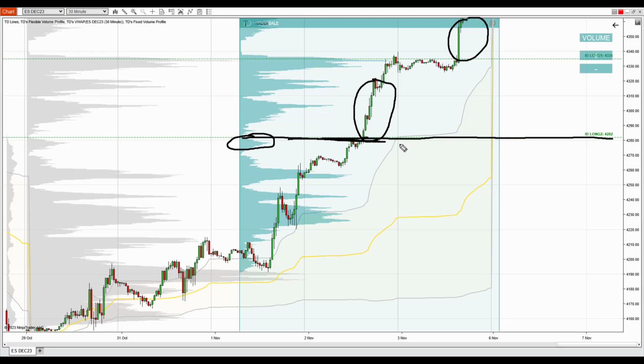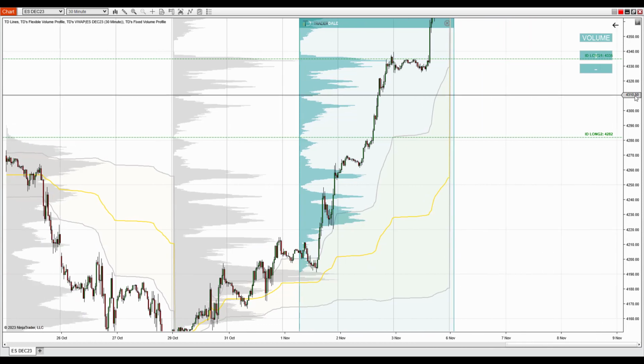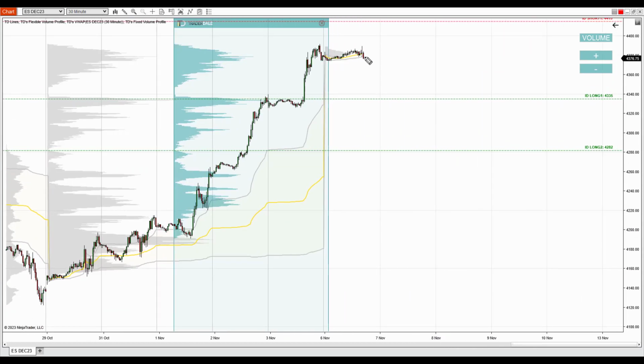If it was only the volume cluster, then yeah, it would be too weak and I wouldn't be trading it. But it's the combo of those setups that's telling me that this is a strong support, and that's why I want to trade from there. So the ideal scenario would be a pullback to the first support, long from there, then a pullback to the second support